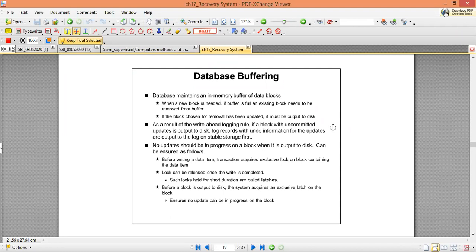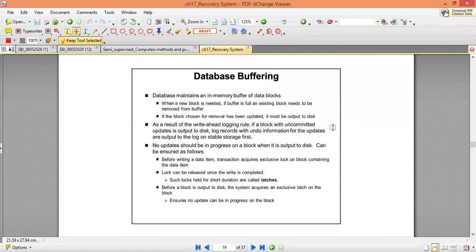That means, as a result of the write ahead rule which I have just discussed, if a block with uncommitted updates is to be output to the disk, then the log records with undo information for the updates are output to the log on stable storage first.